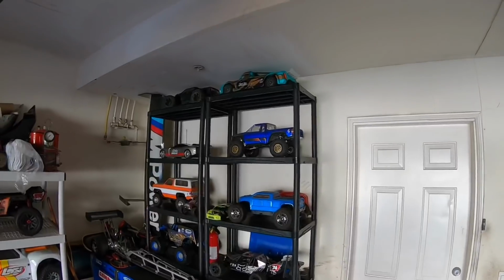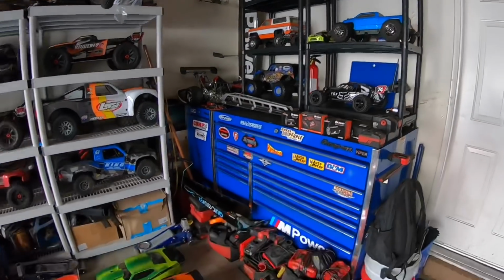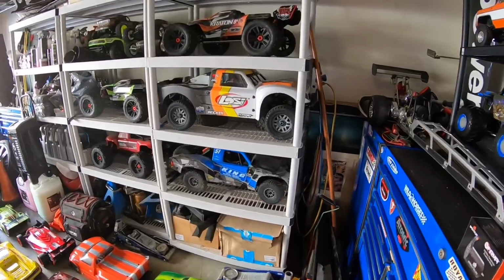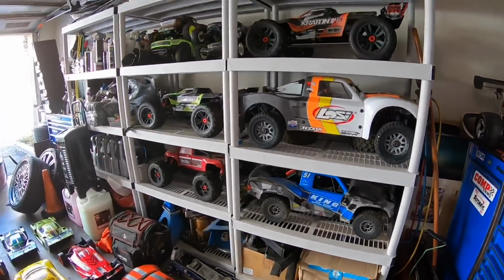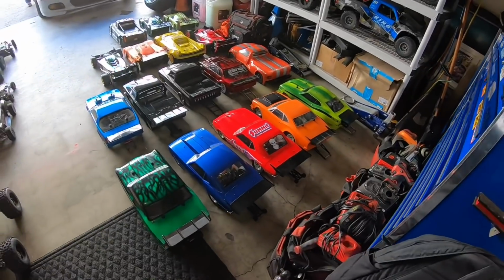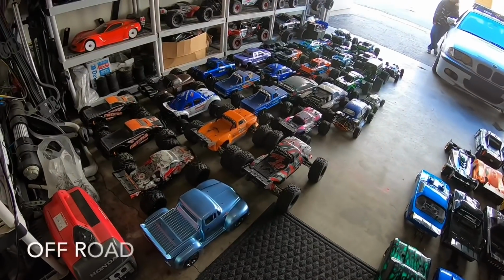These are all the running RCs, so I figured we would do a walk around and take a look at my RC collection. So I tried to do a lot of the on-road and drag stuff to the right of camera, and then to the left of camera is